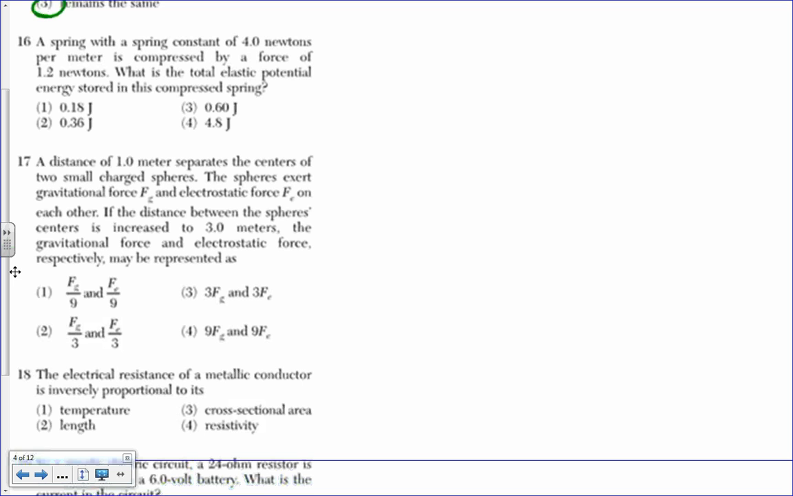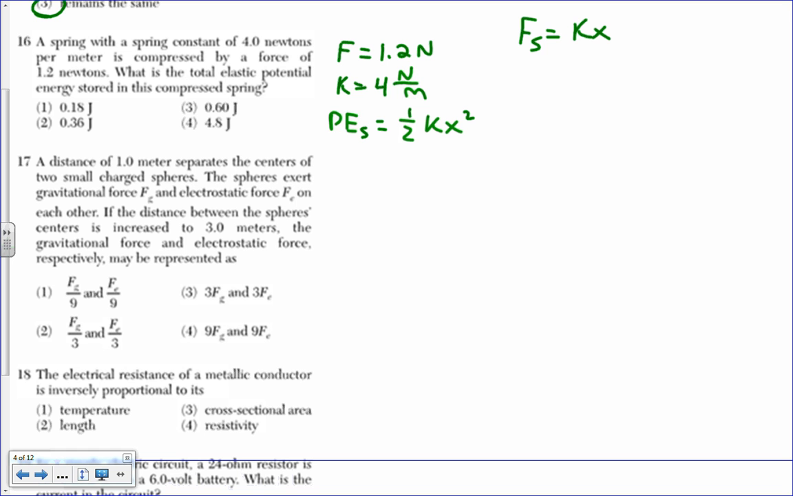Number 16, a spring with a spring constant of 4 newtons per meter is compressed by a force of 1.2 newtons. So we have F of 1.2 newtons. We have spring constant k of 4 newtons per meter. And we're asked to find the energy stored in the spring, PEs. So I know PEs equals 1/2 kx squared, but I don't have the x yet. But I also know that Hooke's law is the force on the spring equals kx. So with